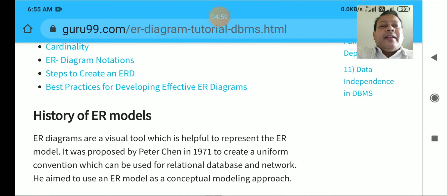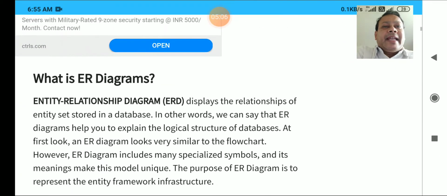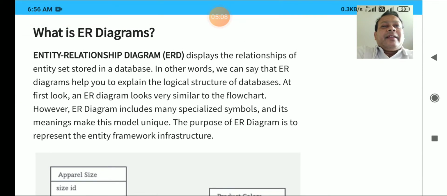So history, it was created in 1971. So long back it was created. And then this entity relationship diagram. We are going to see what is entity relationship diagram. If two entities are there, how they are related with each other.